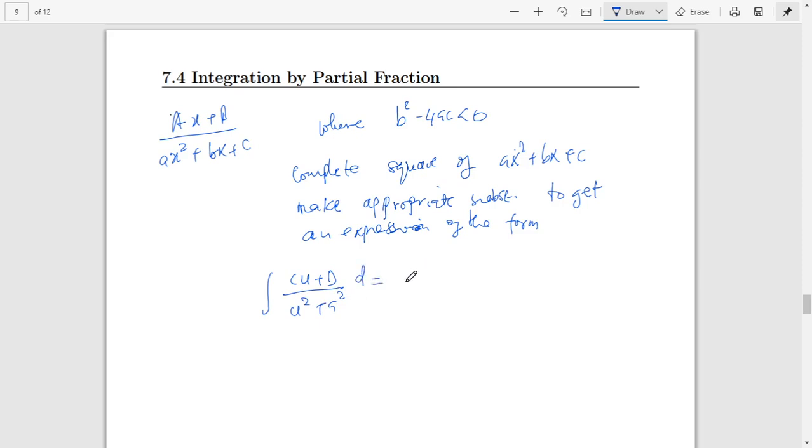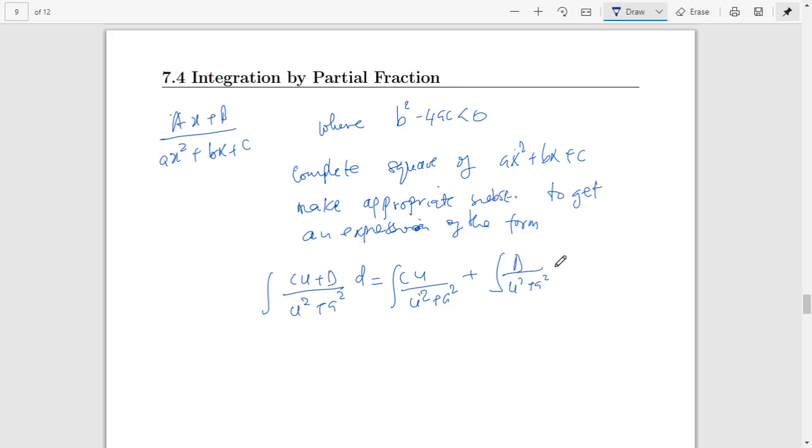If this is the case, then we split this integral into two: the integral of cu over u squared plus a squared, plus the integral of d all over u squared plus a squared. This can be solved using a u-sub, and